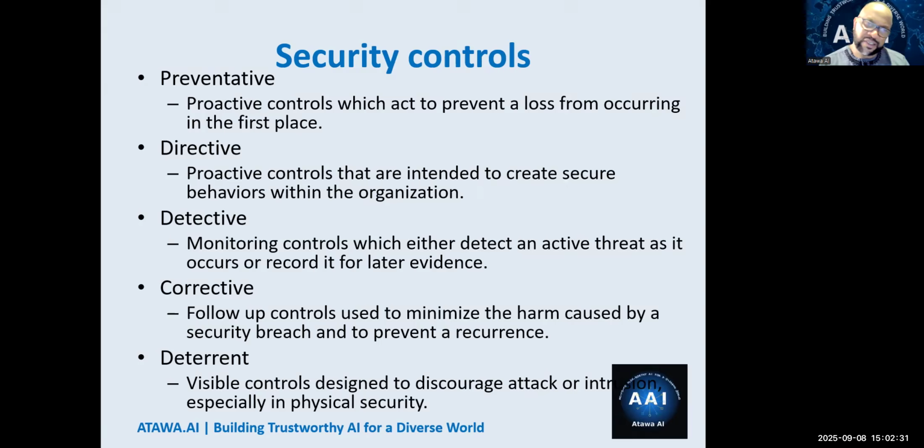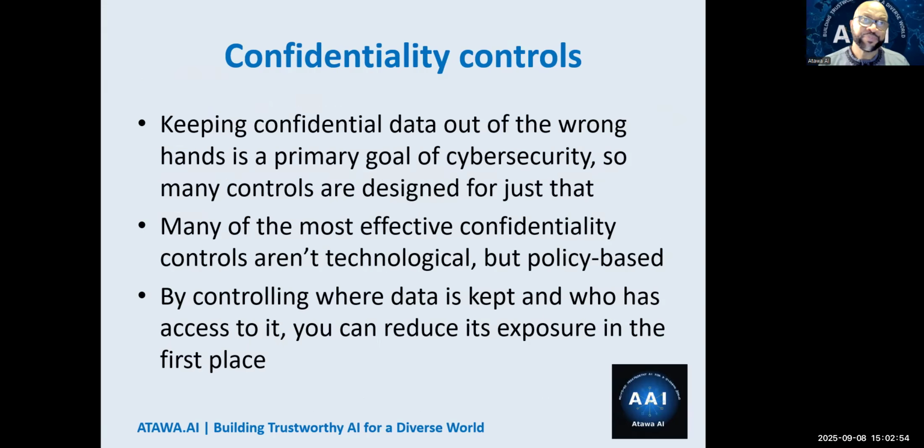We can also classify security controls by what they do, like preventative, directive, detective, corrective, deterrent. They're almost self-explanatory. Preventing you from entering my system, or correcting after you do something, and of course, deterrent, which is sometimes confused with preventive. So I always try to say deterrent is to try and get into your mind that you will not do it, and of course, preventive: if you decided to do it, I want to prevent you from doing it, right?